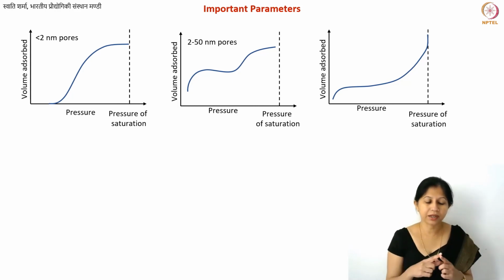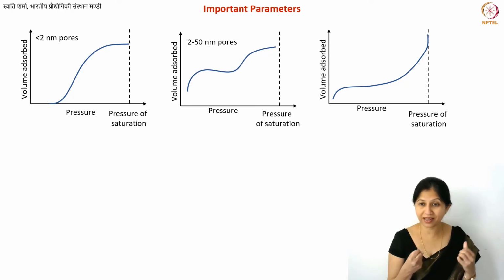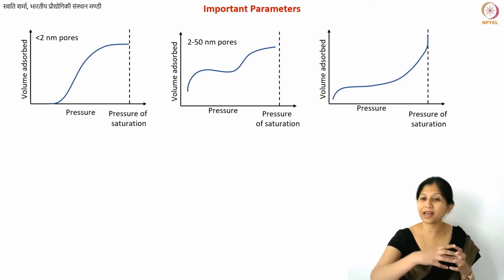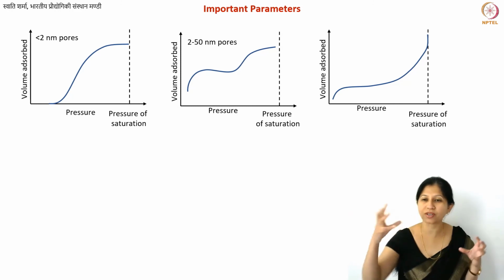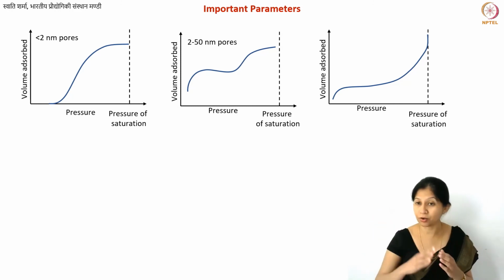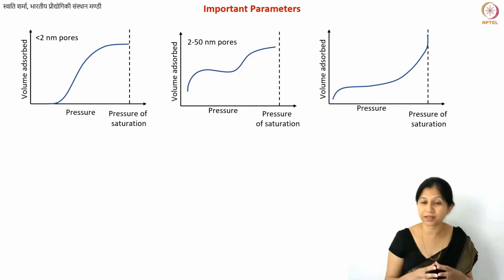One important parameter that I want to tell you here is that what we get from our gas adsorption isotherms are discrete values, and then we often plot these lines. We are actually fitting the curves. So there is some information lost during the fitting, because the pores are not really continuously increasing. The number of pores is not continuous. It's not that you have 2 nanometer pores and then 3 and then 5 and then all the way up to several micrometers. It's not like that.